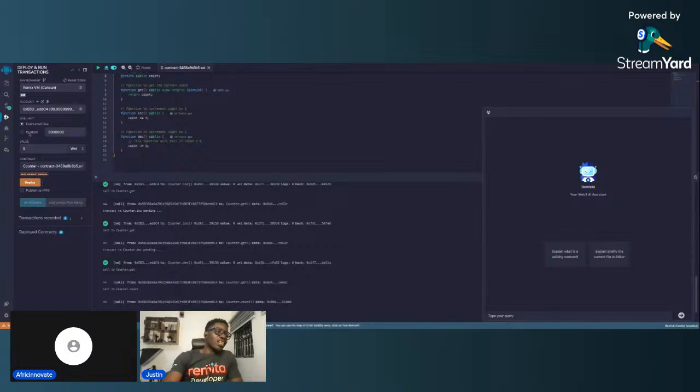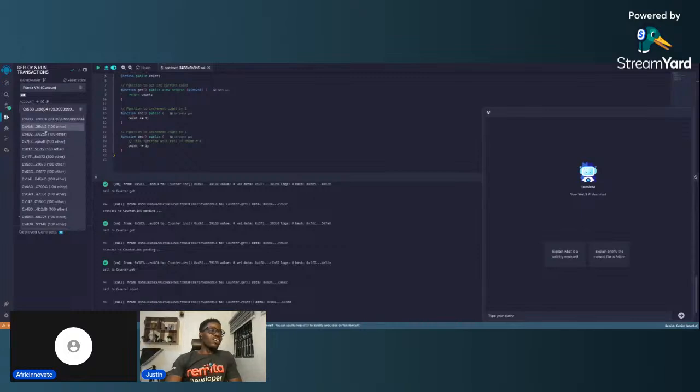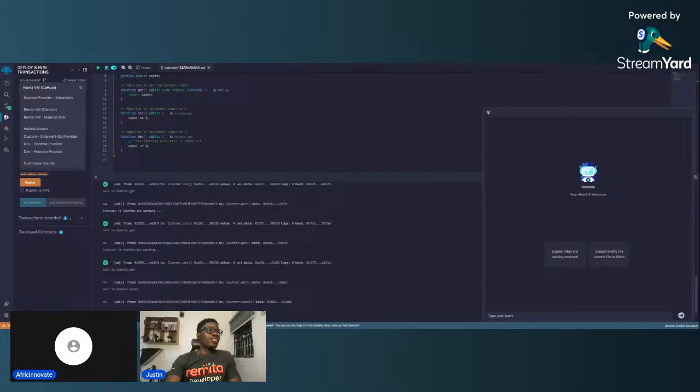So as you can see, the account I deployed with reduced, because it takes money to deploy. The rest still have their 100 ether intact. If I want to use my injected provider, which is MetaMask, I will just come over here and use Injected Provider. So you can use Injected Provider, Remix VM, Mainnet, WalletConnect,